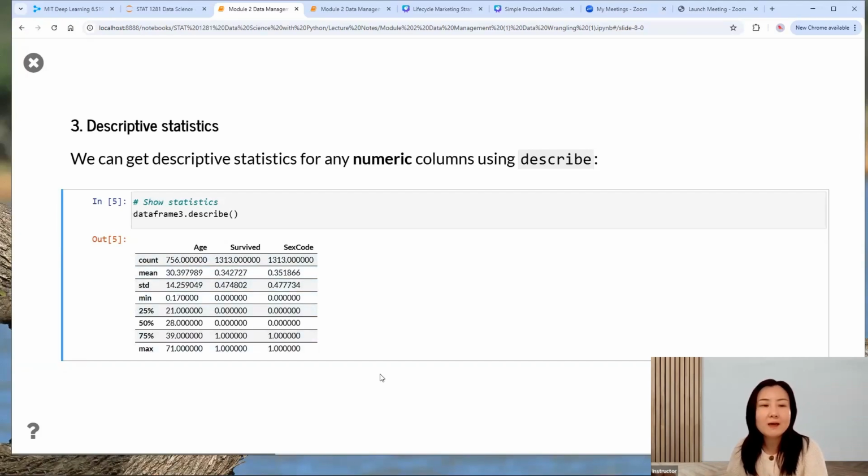So it's a very good way to summarize your numeric variables very quickly. Have a very quick look. You cannot tell how many missing values there are, actually. This is just the number of non-missing values. You have to combine the information that you got from the shape